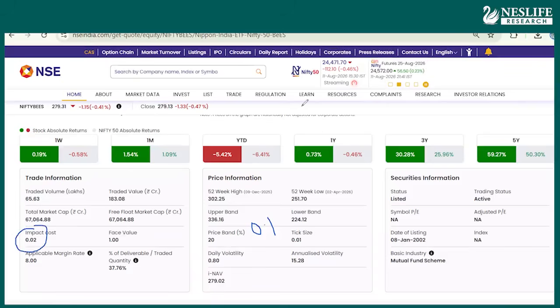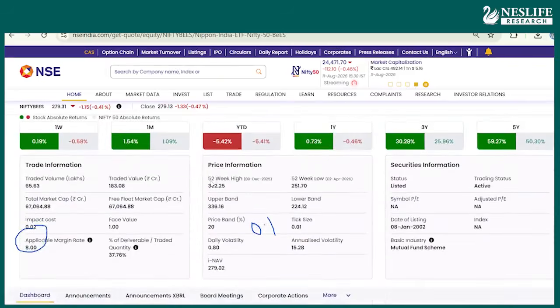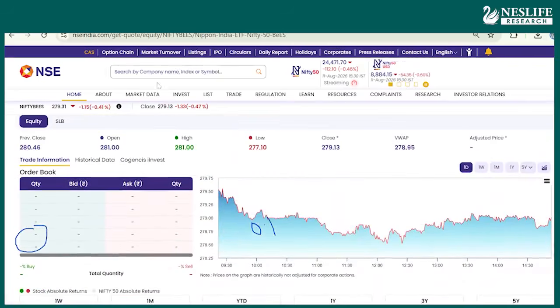Check the iNAV now, 279, 279. It is close. That means you can buy at this price. It is close to the iNAV. I'll show one more interesting one for